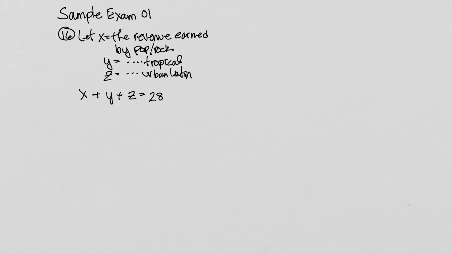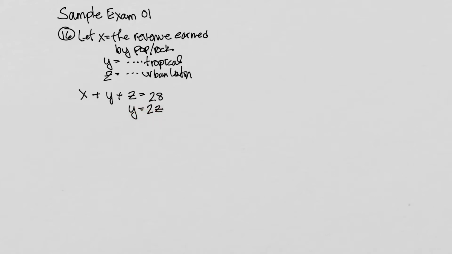Then it says that tropical brought in twice as much as urban. Now let's get that here. Tropical, that's Y. That is twice as much as urban. So Y is twice as much as Z. So we can write that as Y equals 2Z, right? That makes sense. The Y value, the amount of revenue from tropical, is twice the amount from